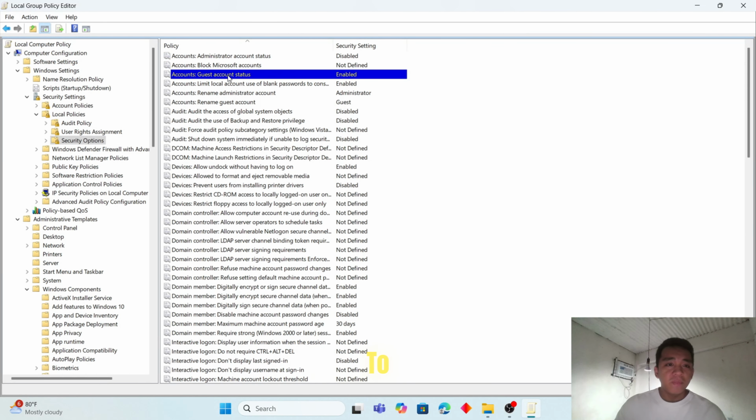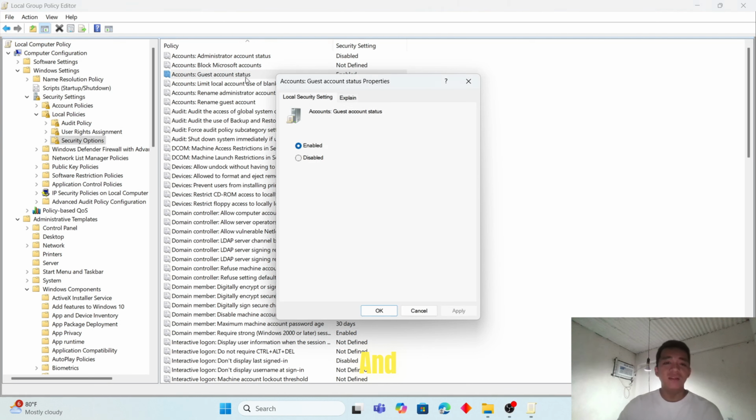We're going to go to Accounts: Guest account status and disable this, then apply and okay. This policy disables the guest account, which is a built-in account for temporary users, and disabling it enhances security by preventing unauthorized access to the system.